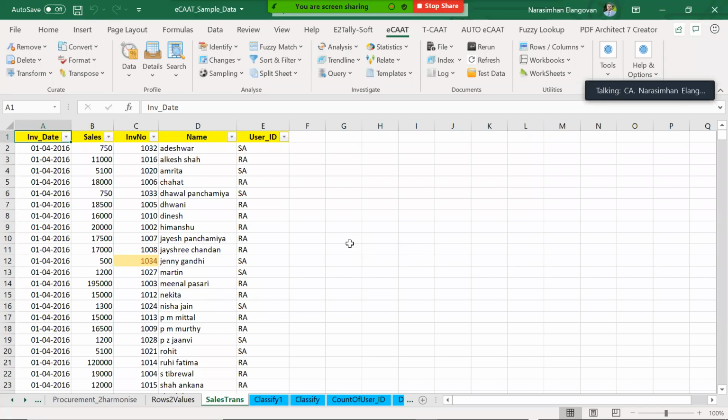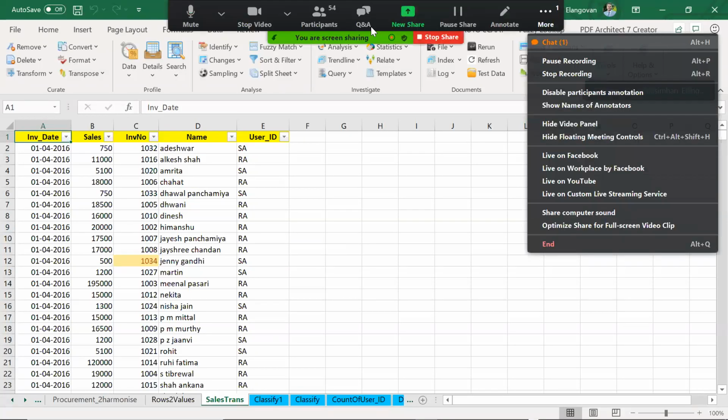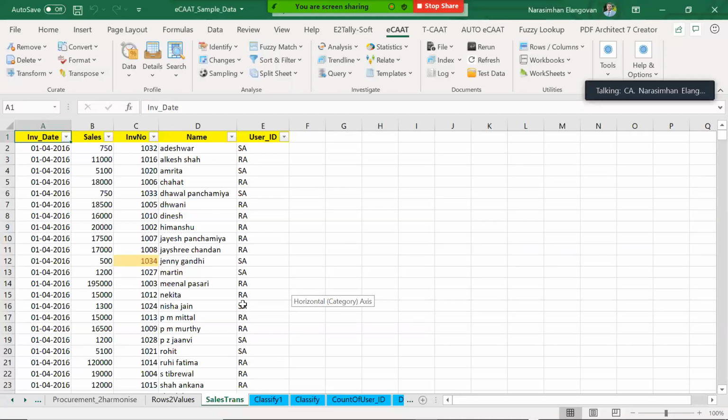Likewise, there are multiple functions in this tool which are applicable for every audit you do. There are some other things which are applicable only for specific engagements, and this we as professionals can look into. That is why, as I keep saying, only by practicing, my dear friends, can you get to know this. Correct? Don't think, sir, I don't have an assignment. Forget about assignment, sir. If you get an assignment tomorrow, do you have the knowledge and skill set ready? Yes, no, could be, may not be. I am not speculating. I think it is always better to sharpen the axe and wait for the right moment. The moment will come.